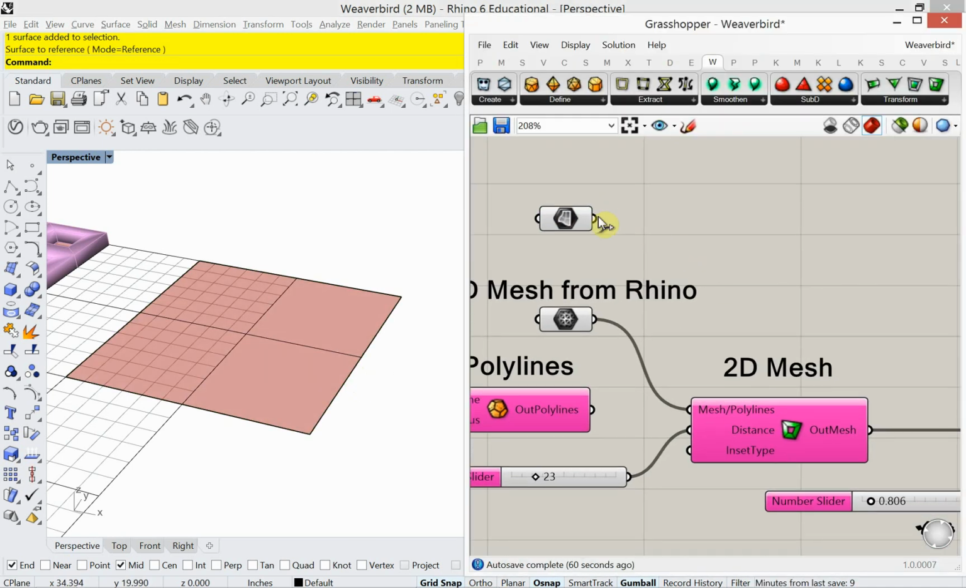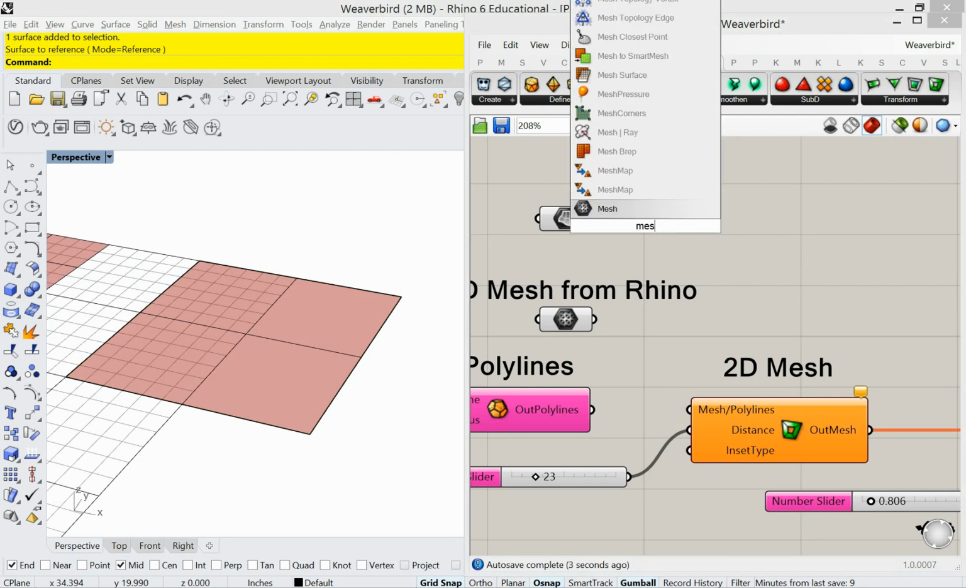Now if I plug this directly in, all right, input M must be made of meshes or a list of closed polylines. If you're using polylines, remember those have got to be closed. So let's get rid of that. How do I turn this into a mesh? Well,